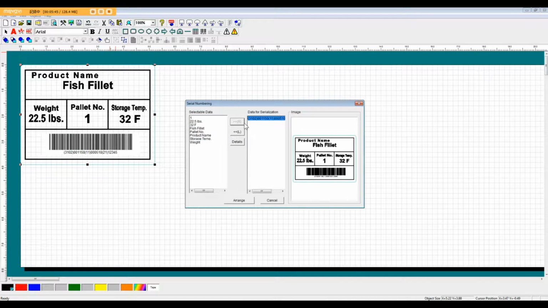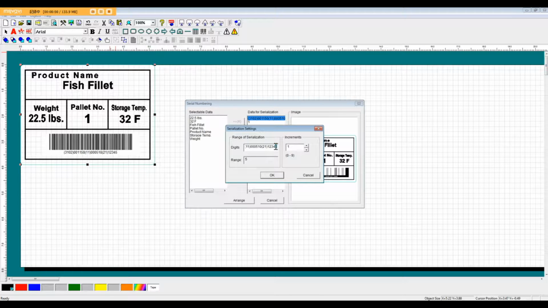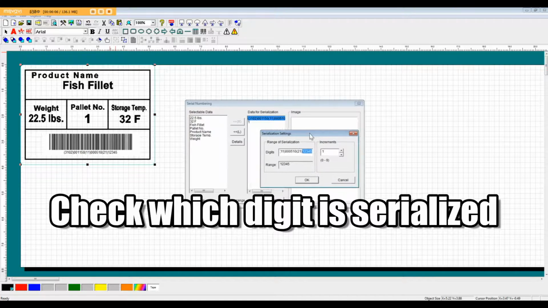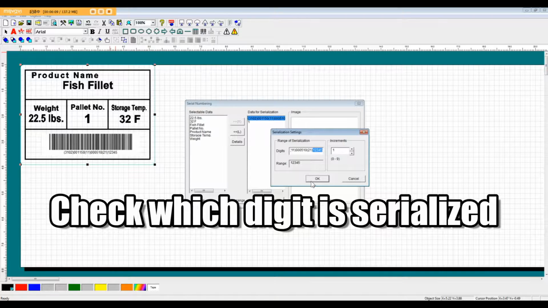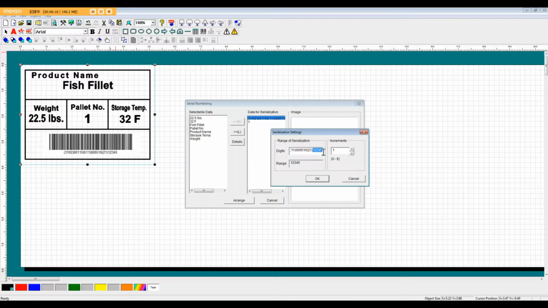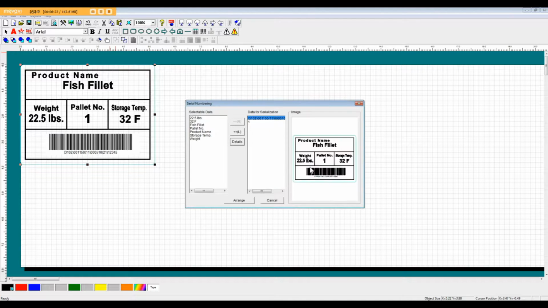So we're moving this over to the data for serialization, and at the same time we're also going to move over this pallet number. So the pallet number will be serialized along with the barcode. Now when you're dealing with a barcode, you want to be careful about which digits to serialize. So you have to come here and click on details and then select the digits that you wish to serialize, like so. I'm going to serialize the last 5 digits,